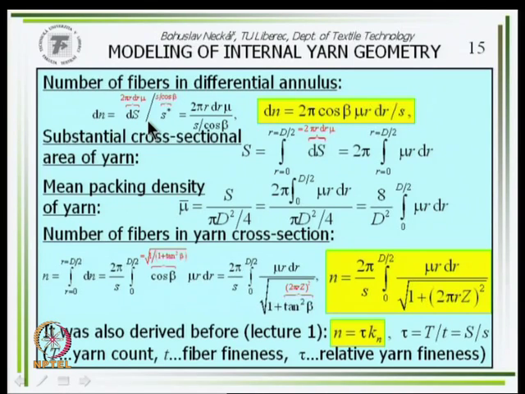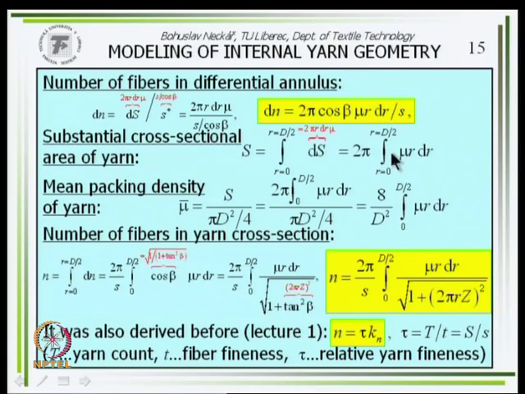And area per one fiber is S star. So the ds by S star must be the number of fibers in our differential annulus. Using the equations derived, we obtain for dn this expression. And now, what is the substantial cross-sectional area of the yarn? The substantial cross-sectional area of the yarn is this, our red area from earlier,